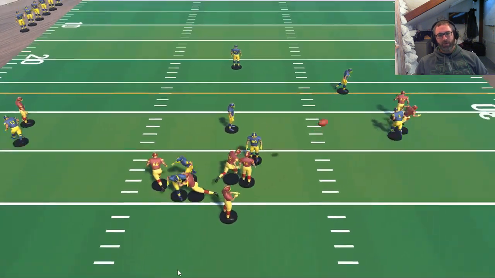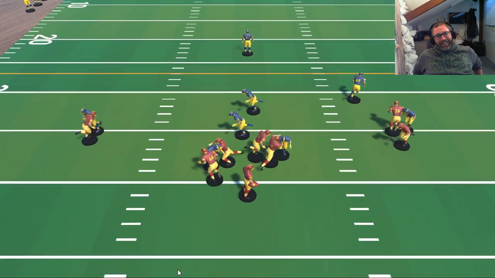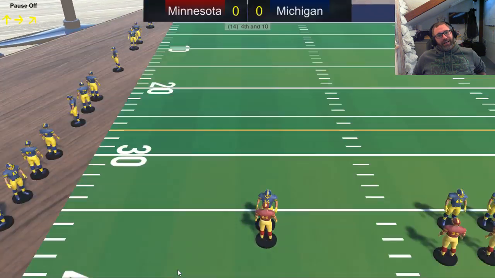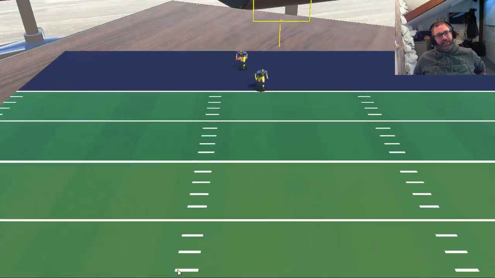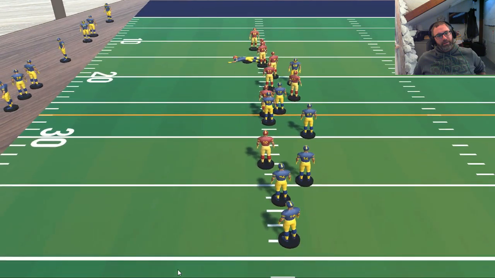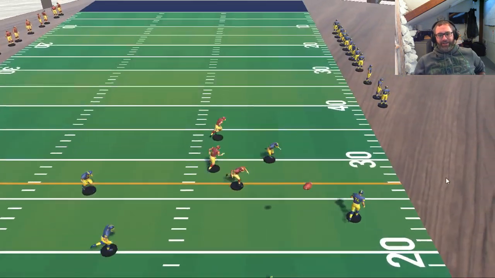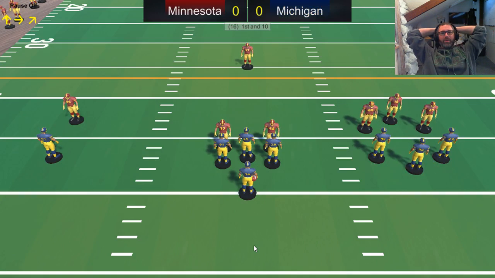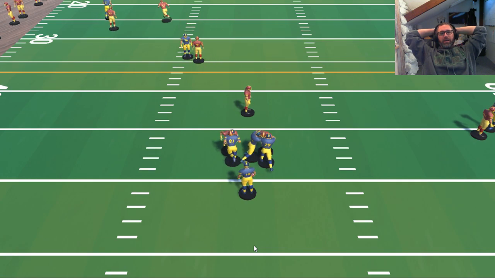I'm noticing wide receiver hands might need some work too. Because dropping every pass just doesn't feel acceptable. So I think we'll do that too. What is that guy doing? Look at him sliding on his butt. We may have to give wide receiver hands a slight bump too, because otherwise the incompletions are going to pile